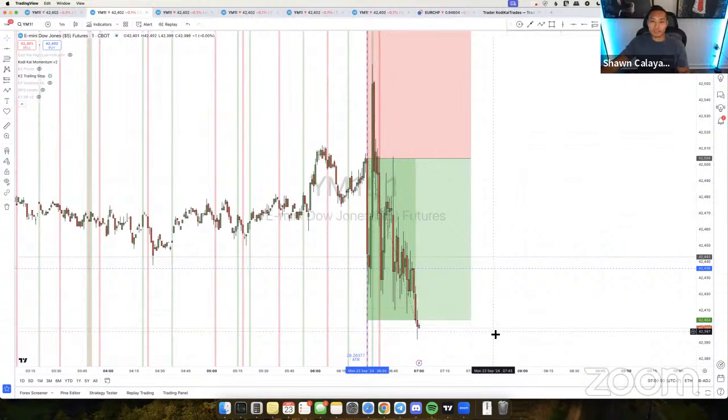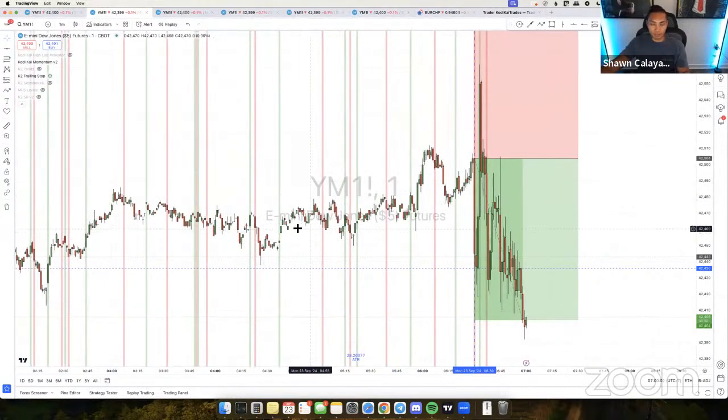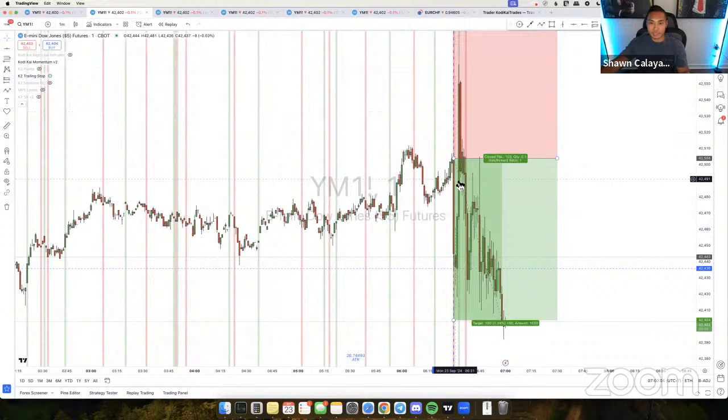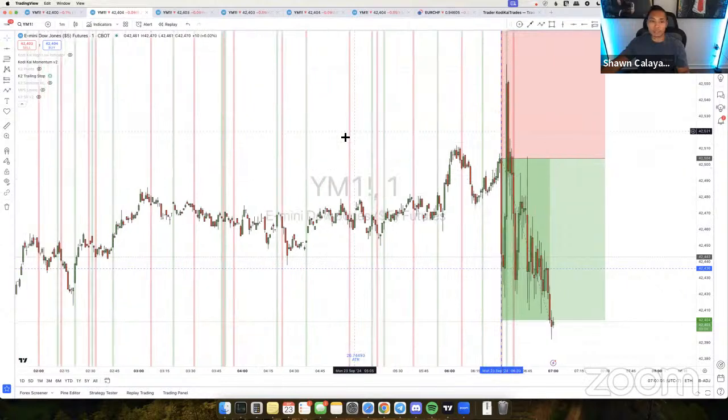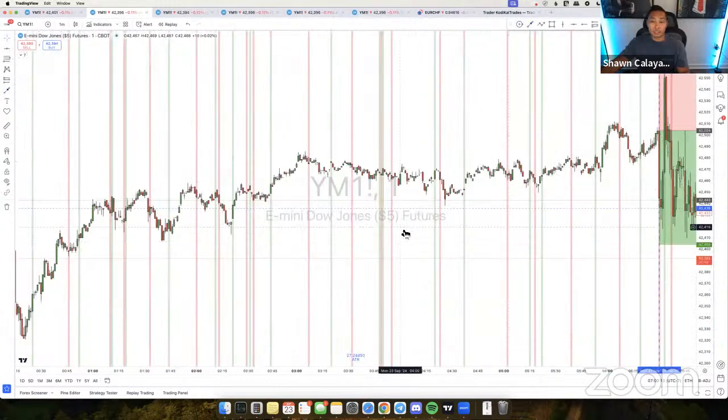It's a very, very simple strategy, but you do need my momentum indicator. In order to take this strategy, I'm going to be taking this every day, pretty much Monday through Friday. You need the momentum because that's all I have on the chart. I have no other indicators on here. It's literally just momentum.